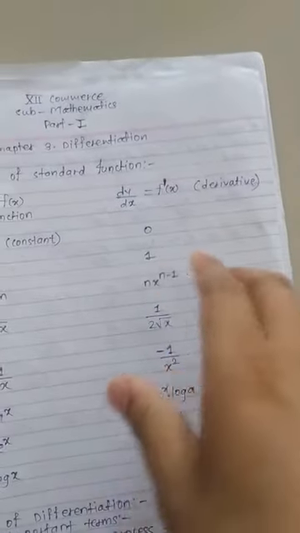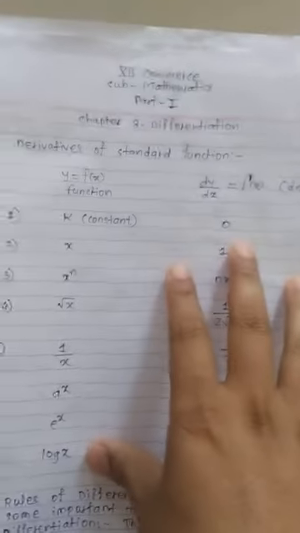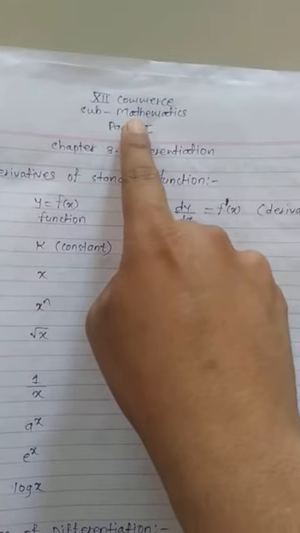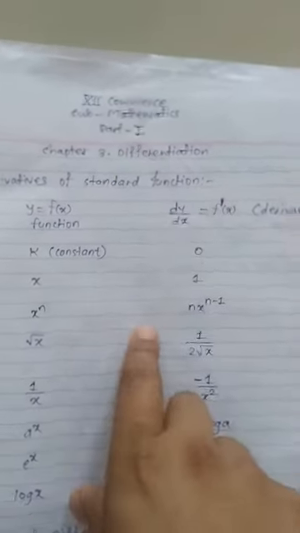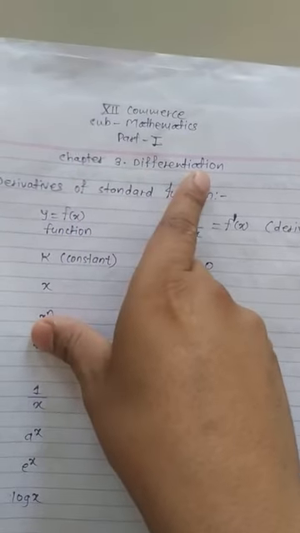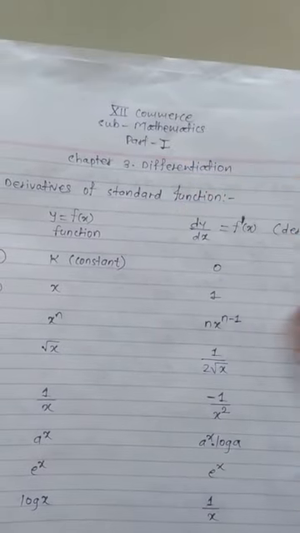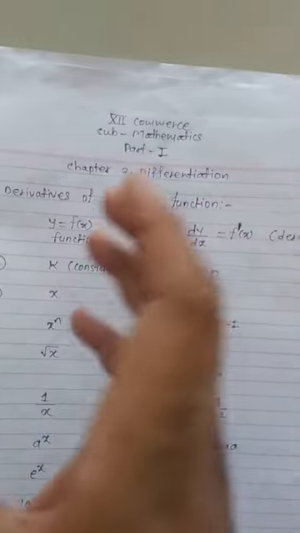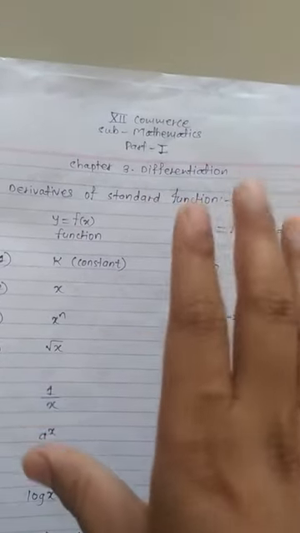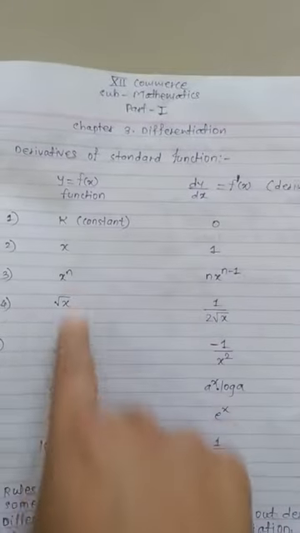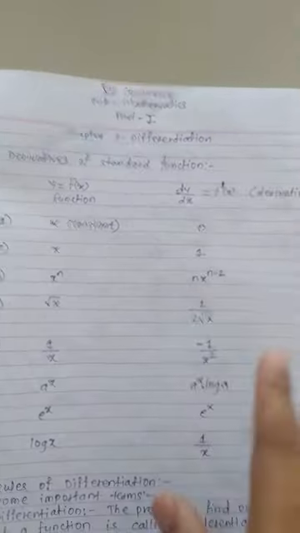As I told you yesterday, we are going to start our 12th standard syllabus of mathematics, and I am going to start part first of mathematics of 12th standard. So in the starting I am going to start chapter number 3, differentiation. The main reason behind why I am starting this chapter is that in your 11th standard the last chapter you had studied is derivative from part first. So these formulas are same in the 12th standard also.